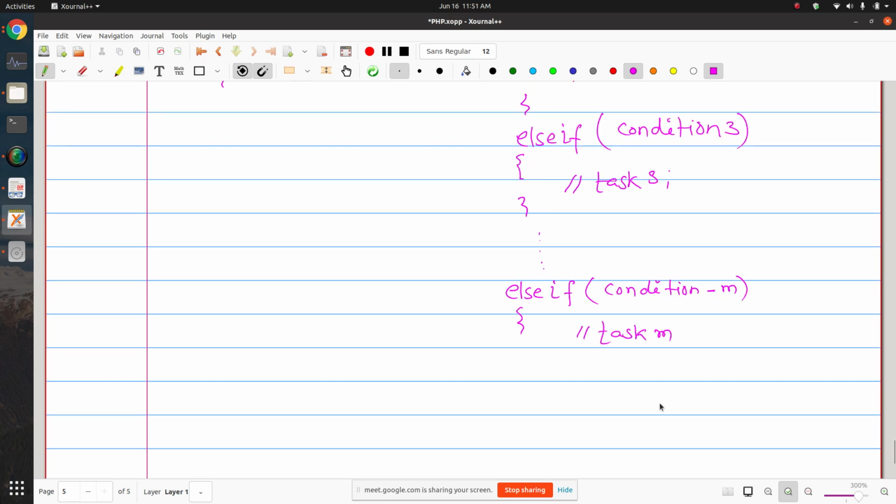Okay, so either you might end your structure here, or sometimes you may also like that इनमें से total m conditions हैं, no condition matches, then you may need to do something default, that is some default task we can say. ठीक है. So that means none of the conditions match, then you need to do this. So अगर आपके पास default task option में नहीं है then you can drop this part, otherwise you can specify some default task there. So this is how your else if structure works.